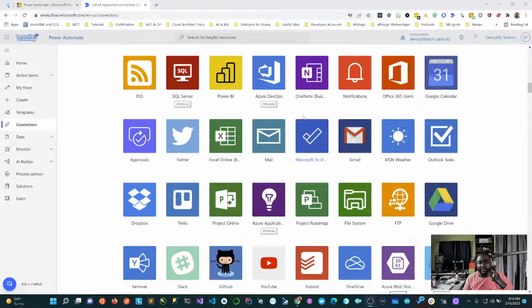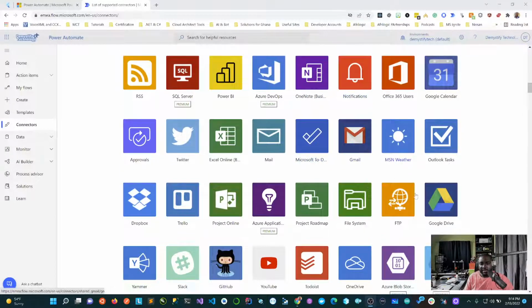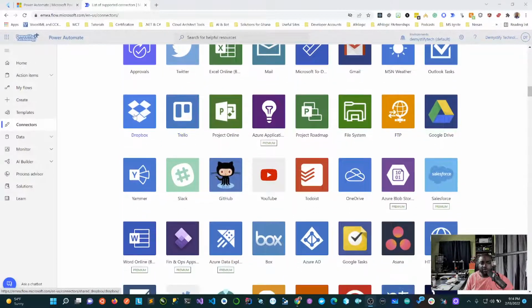You can do that. You could also say, hey, when someone tweets at me and there's a picture or something, take that picture and save it somewhere. So yeah, Bennett, you can do this. There's integration with Google. There's Google Drive. You can do FTP. There's Trello. There's Dropbox. There's GitHub. There's even YouTube.